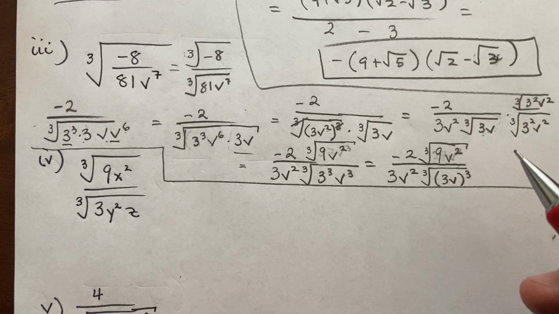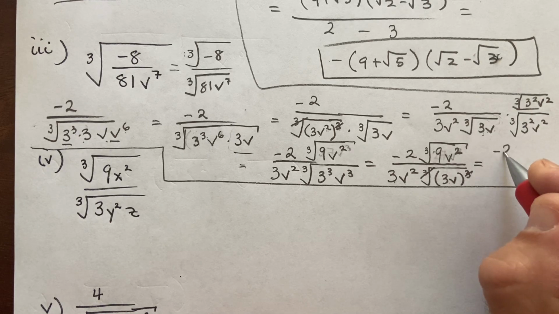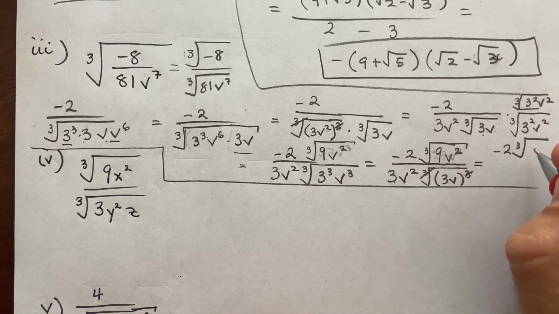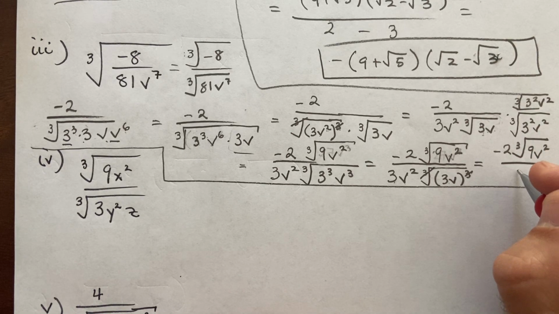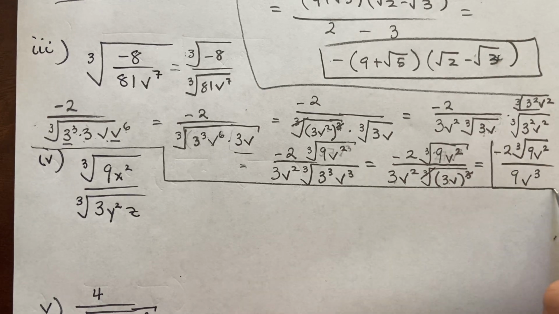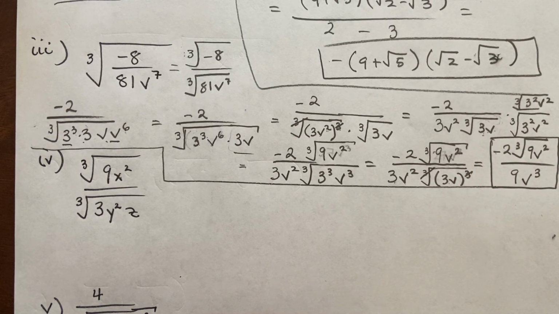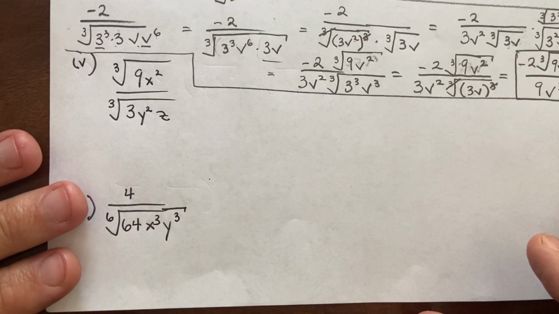A lot of moving parts. So now this cancellation occurs. 3v is left behind. So I can adjoin that with this 3v squared and get -2 cube root 9v squared over 9v cubed. Not the most fun I've had today, I admit. All right, so part 4,